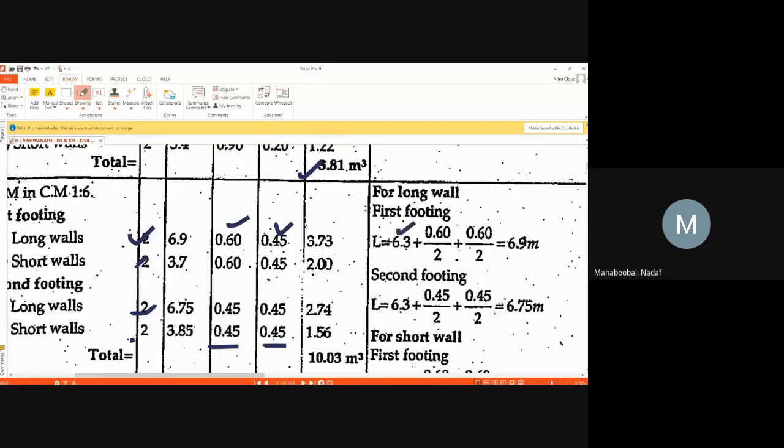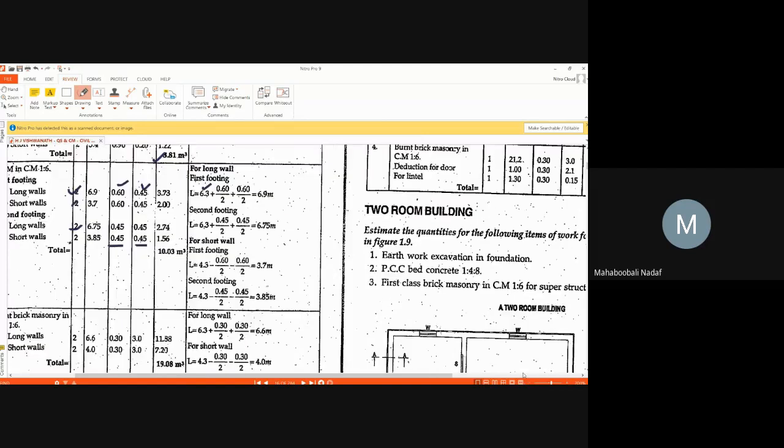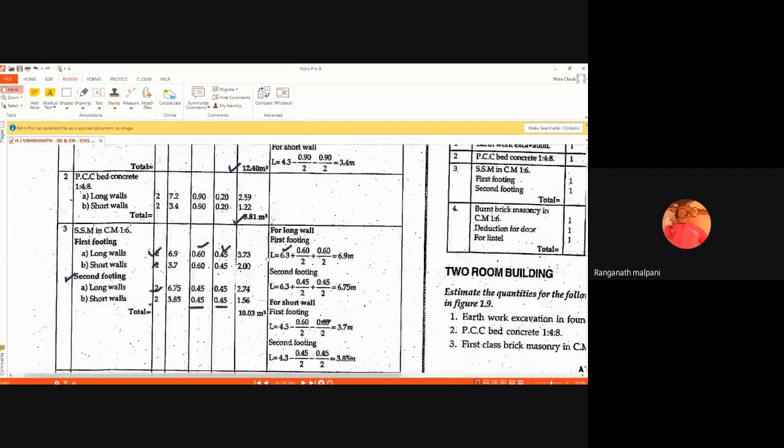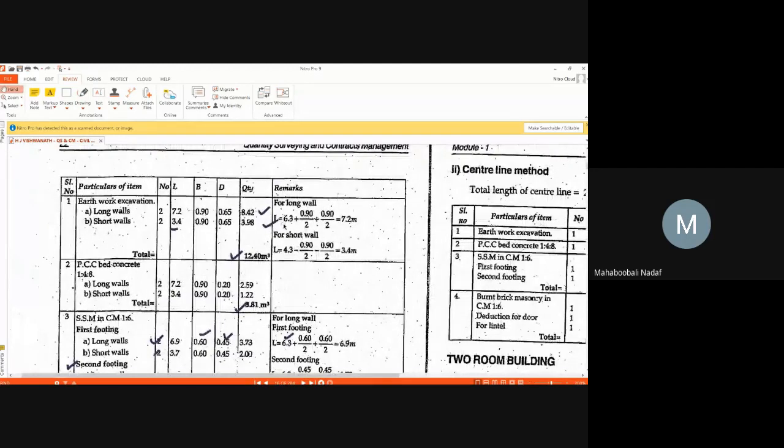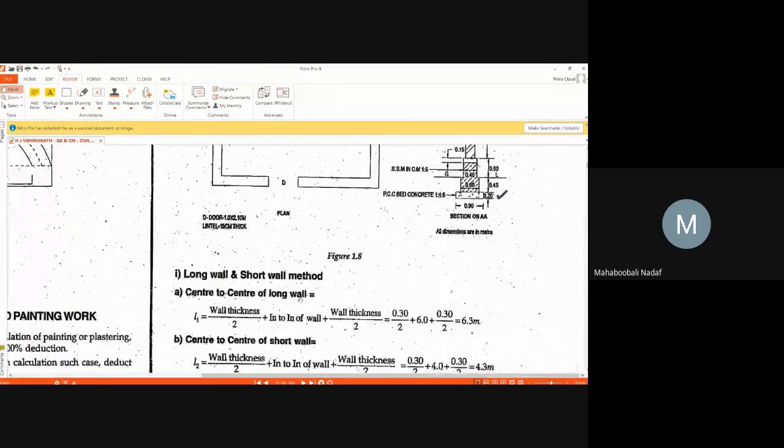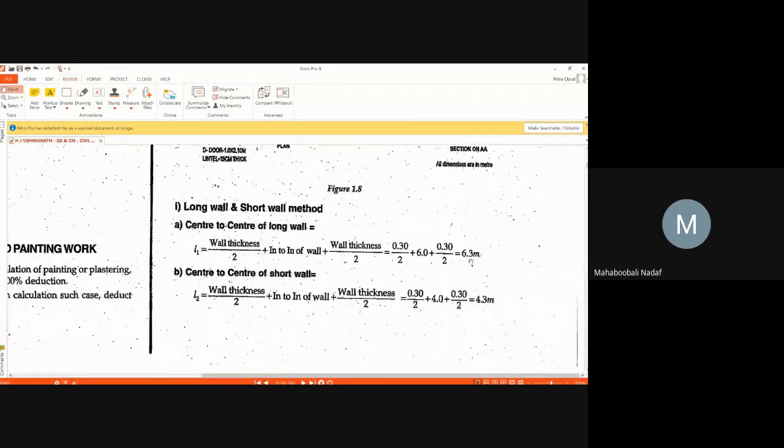As usual, center to center, which you have calculated in the first step before this table, is the same, 6.3, correct? Yes, sir. First, for excavation also you have written 6.3. Which one have you calculated? Center to center, this step 6.3, 4.3 will remain the same. Corrections will be done for separate items.